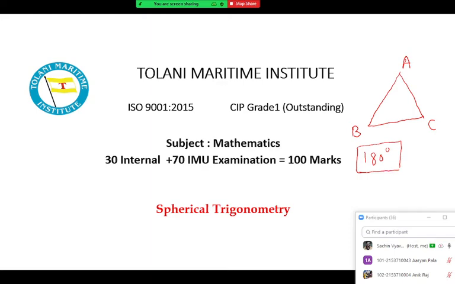Yes, it is for a normal triangle. If one of the angles is 90 degrees, we'll say it is a right angle triangle. Those are the other properties. But one special property of a plane triangle is that the sum of the angles of the triangle is always 180 degrees. It is not less than 180 and it is not greater than 180 also. It should be exactly equal to 180 degrees. So that is about a plane triangle. But we'll come to this property with a spherical triangle.